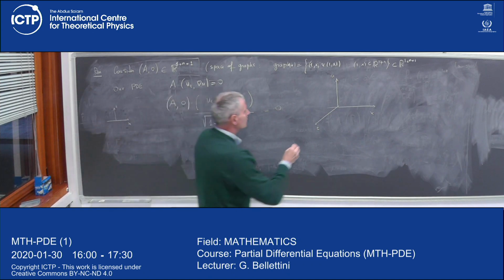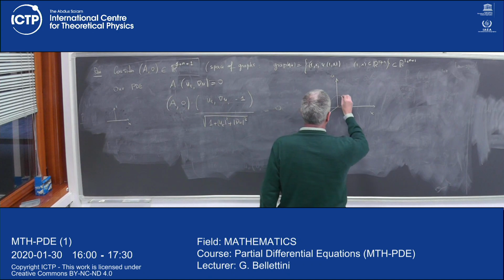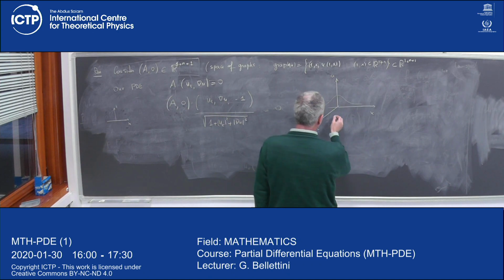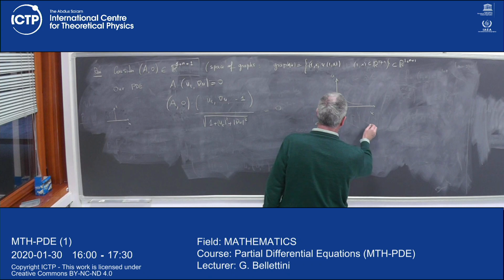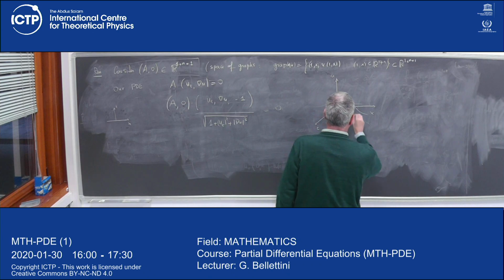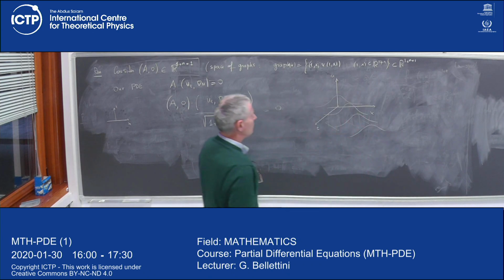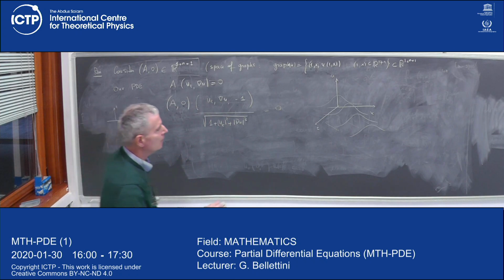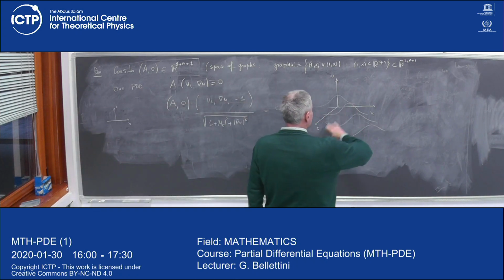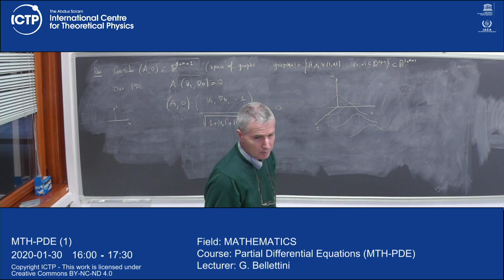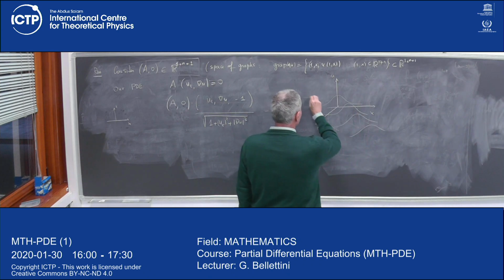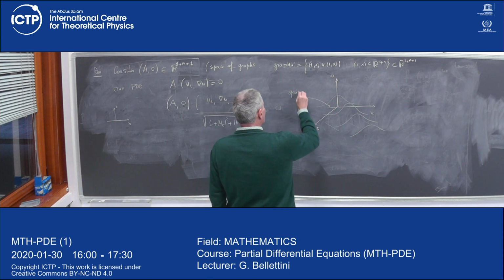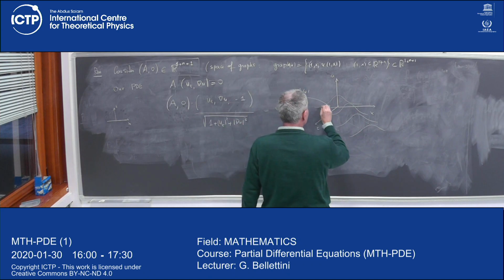So now I have some u0 here. Then I have my vector field, capital A, which was a constant vector field here. And now I don't know if I'm really able to draw u of tx, but let me tell you that this, say, is the graph of u of tx. So with two variables tx, the graph is a surface. So this surface here is the graph of u. This initial object was sigma.